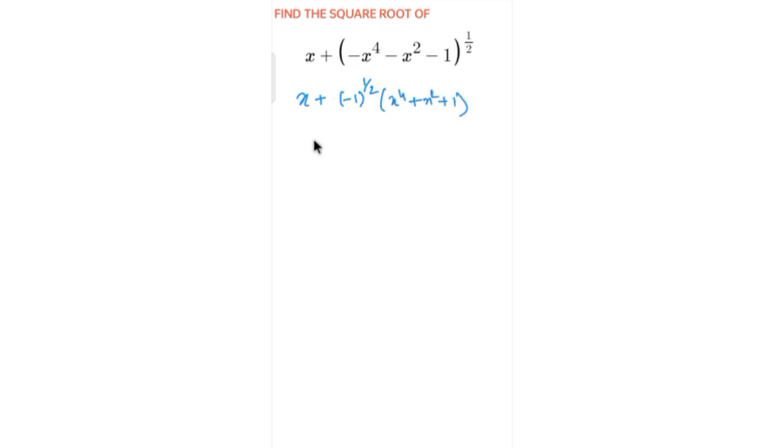i is equal to root minus 1. So I can write this to be x plus i of x power 4 plus x square plus 1. And this, if I assume as my z, then this is going to be my real part, and this is going to be my imaginary part. And mod of z,